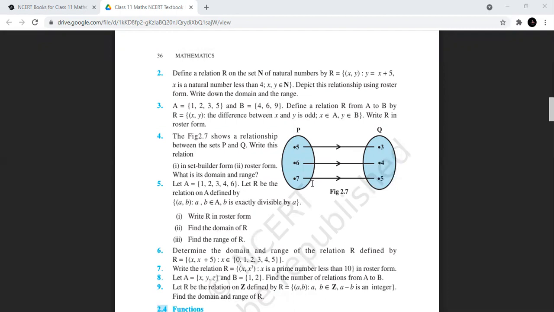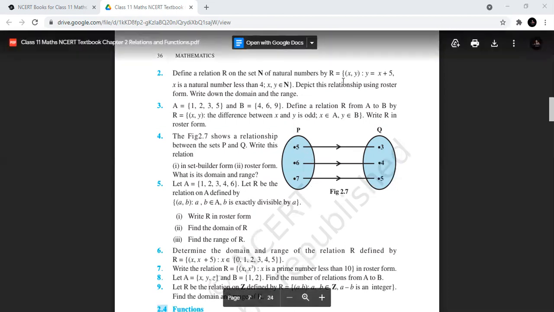So anyhow, you can present it. You know how to write in roster. All these above given, these were the set builder forms. This is how you need to present when they are saying set builder form. So R is equal to this relation. Write this (X, Y) ordered pairs आएंगे उसमें, such that you will write for your relation in question number 4, Y is equal to X minus 2. That is how you can present it.